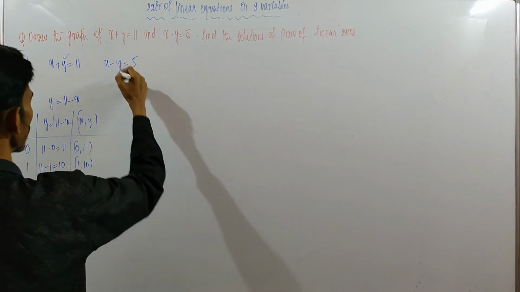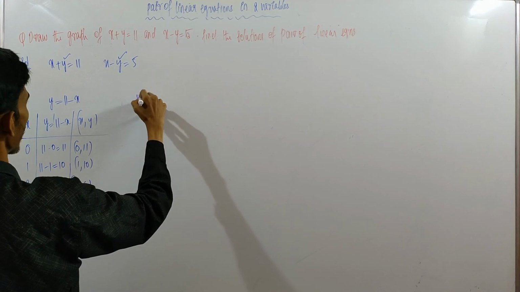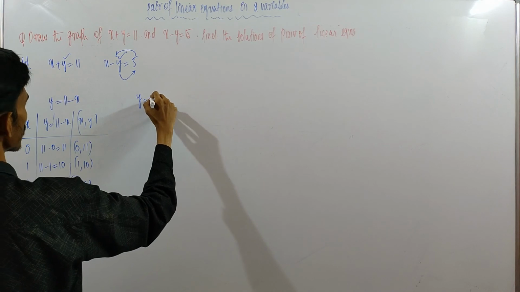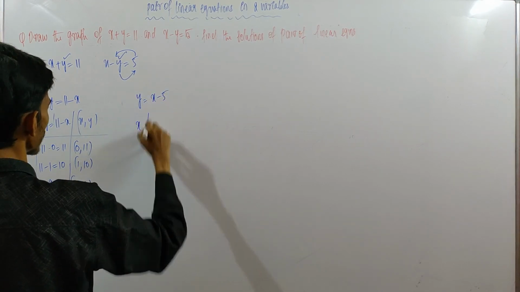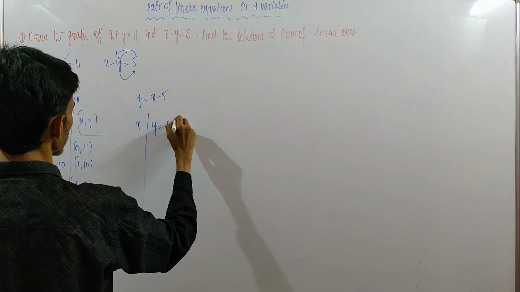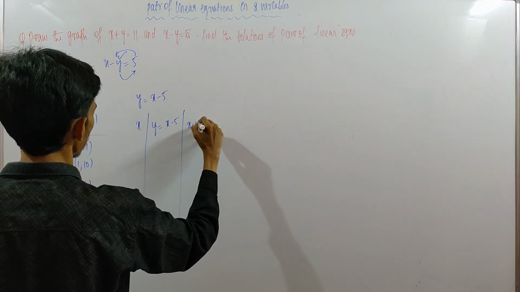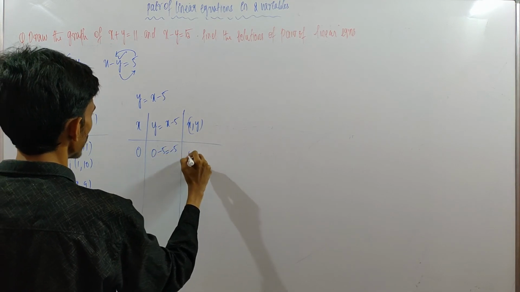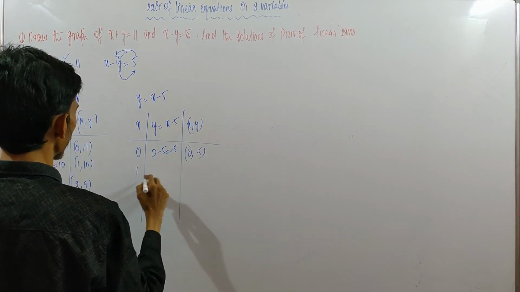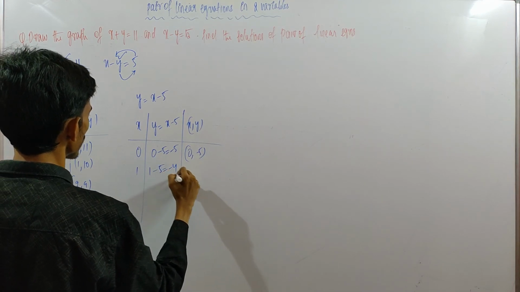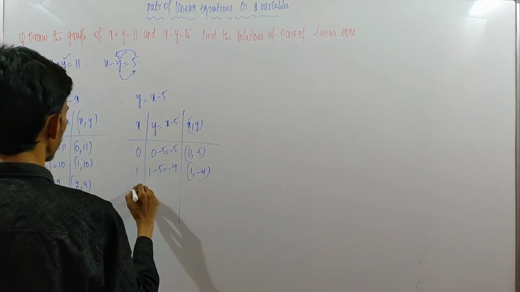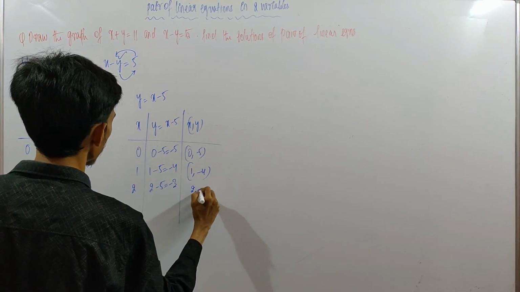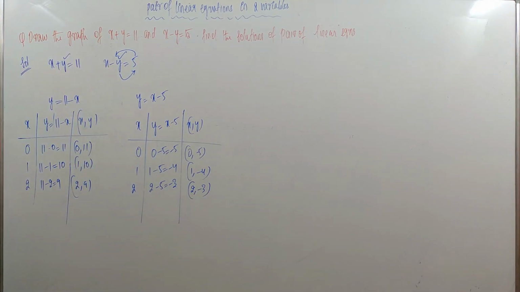We have 3 points. Similarly, make subject as y. So y is equals to, take y here and 5 here. So we have y is equals to x minus 5. Next x comma y order pair. Take x value 0. We have 0 minus 5 as minus 5. So 0 comma minus 5. Take 1. So we have 1 minus 5, that is minus 4. 1 comma minus 4. Take 2. We have 2 minus 5, that is minus 3. So 2 comma minus 3.